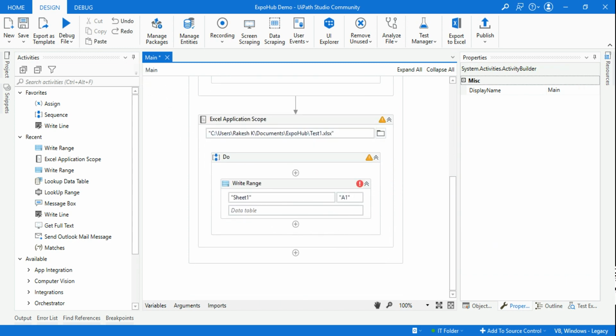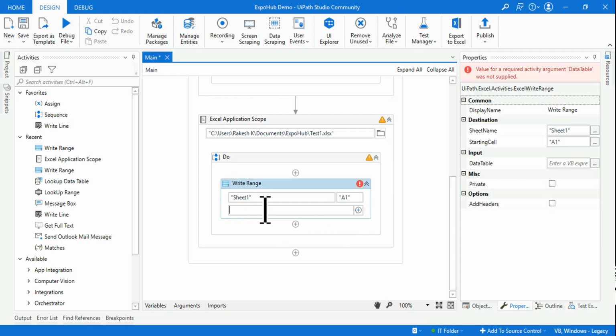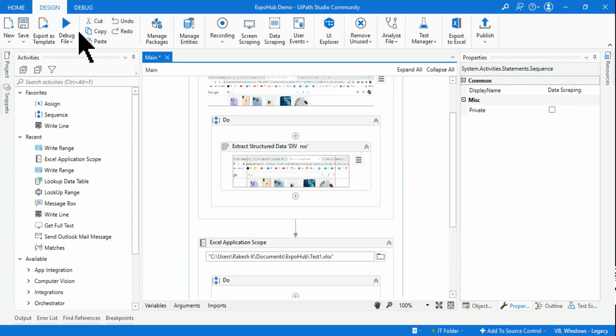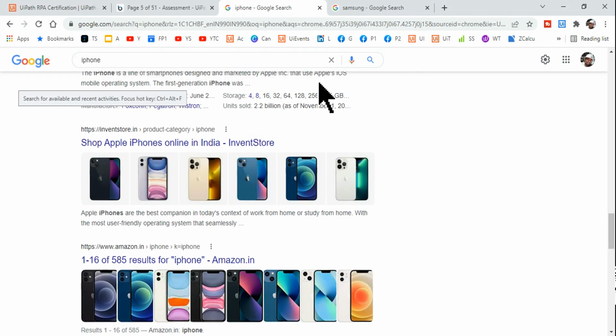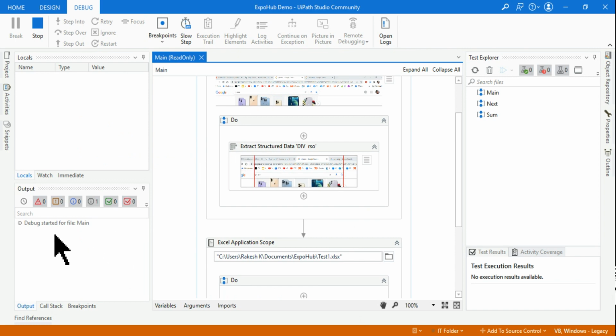and here I want to write in Sheet1. So I'll just say Sheet1, and data table name I'm going to give it as extract data table. Done. So that way, if I run this now, it is going to scrape the required data from the iPhone page. Give it a few seconds, execution has started,